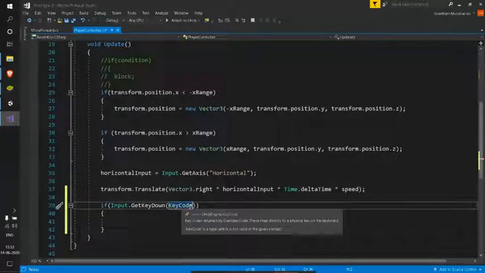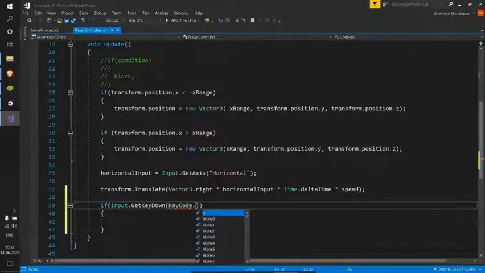Say to my space it may give some value as 115. It's a random number, guys, just an example. On our keyboard we have different keys, and when we press the dot operator we have these many options here. To each of these keys, a particular number is assigned.